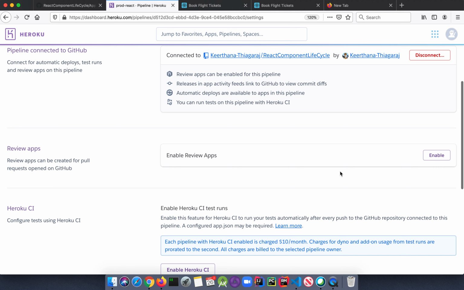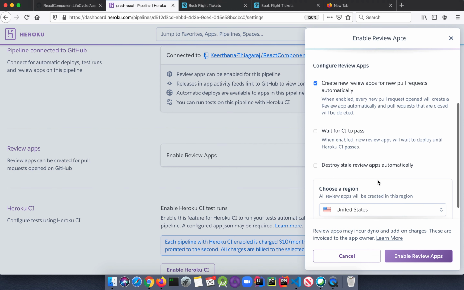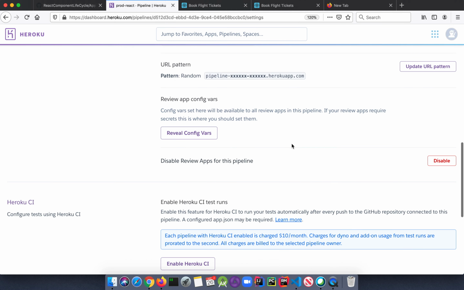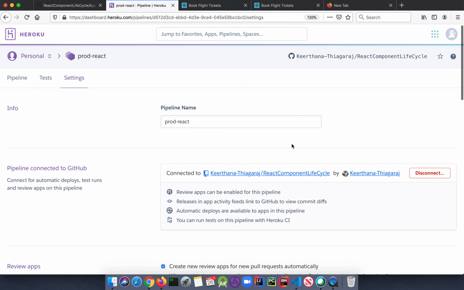I'm going to choose enable review apps, because this is required for pull request changes. So whenever you make a pull request, all the changes will get reflected in the review app stage. Just clicking enable, and enable review apps. So that is all, guys. The review stage has got enabled in the production environment.